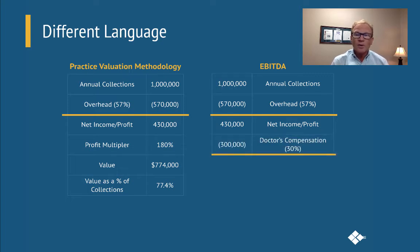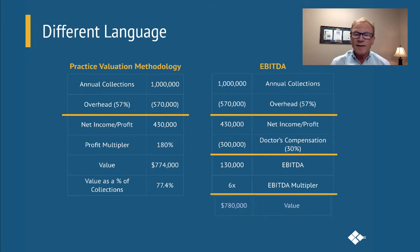And so we're going to deduct from the profit $300,000, or around 30%, which is an average in the marketplace, for doctor compensation to produce the $1 million. That leaves EBITDA, earnings before interest, taxes, depreciation, and amortization, at $130,000. You'll hear that they multiply that 5 or 6 times. I've used the higher number here as an example, 6 times EBITDA, and that equals $780,000, which compares to our